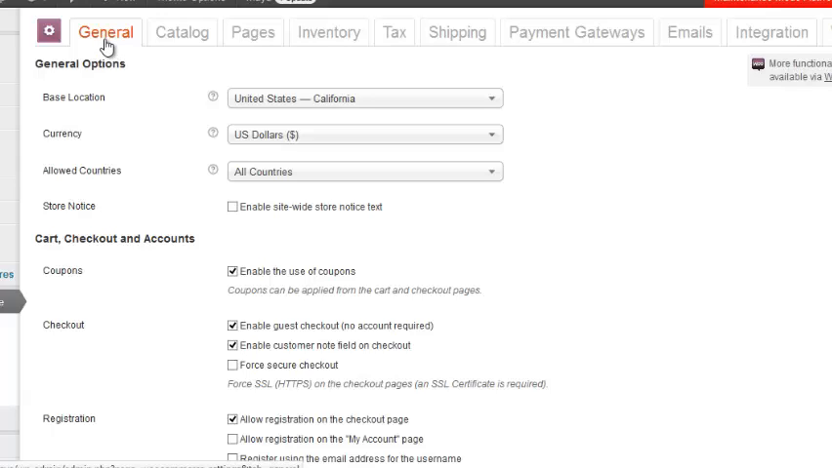And what I want to just point out here is the base location, currency, and allowed countries. By default, I think the currency is pound sterling, if I'm not mistaken, or something to that effect. It's not US dollars. So if you're in the US, obviously you want to switch things over. The base location to the US if you're in the US, or whatever country you may be in,